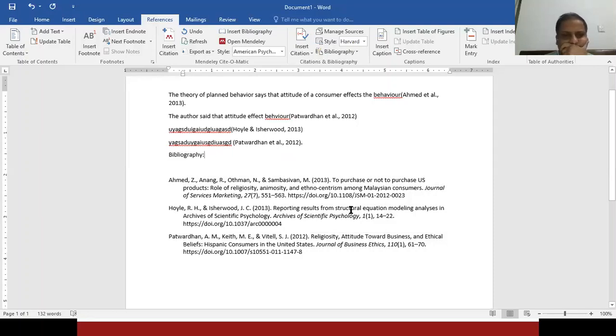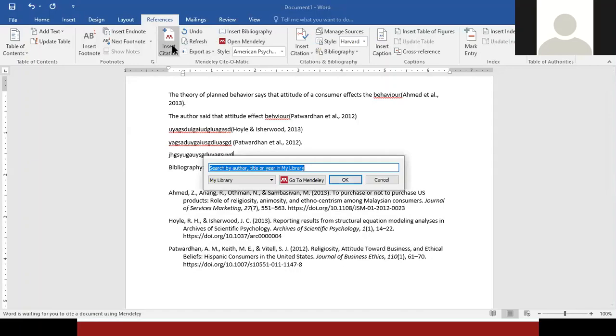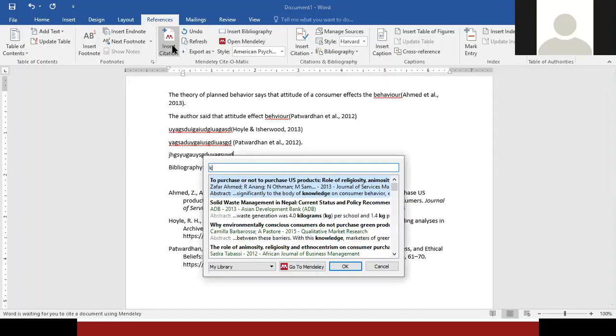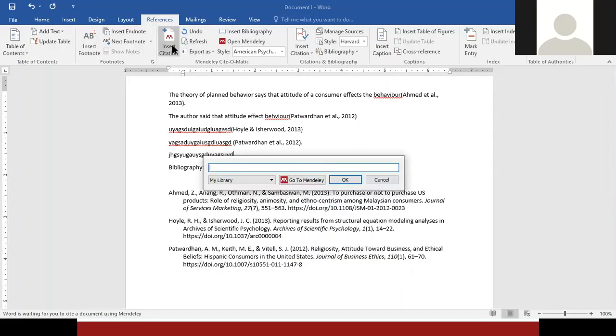This is all automatic, but the problem is, if I am doing a referencing of a paper which is not there, I say insert citation, I say a paper by Kaur. Oh my god, Kaur is also there. Suppose Kanika. Okay, Kanika is also there. Sunita. Okay, there is no reference of surname Sunita.